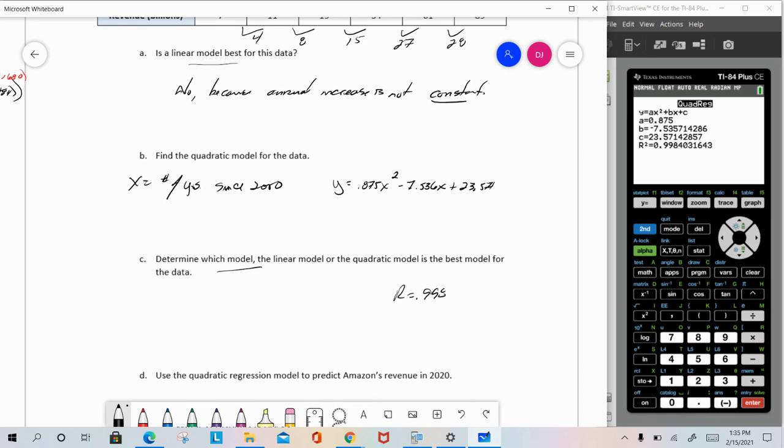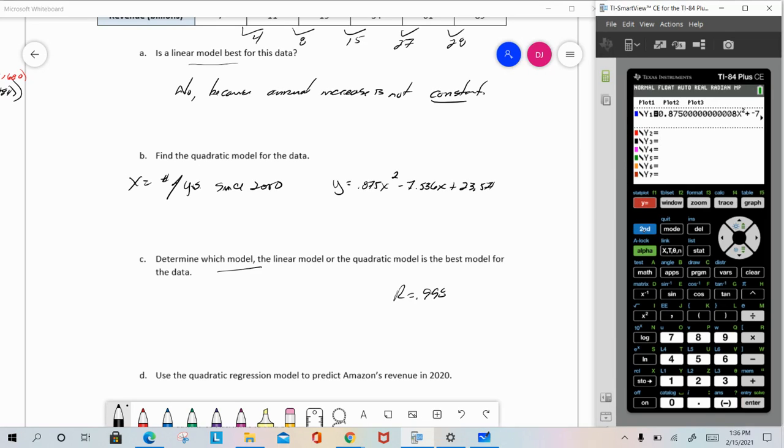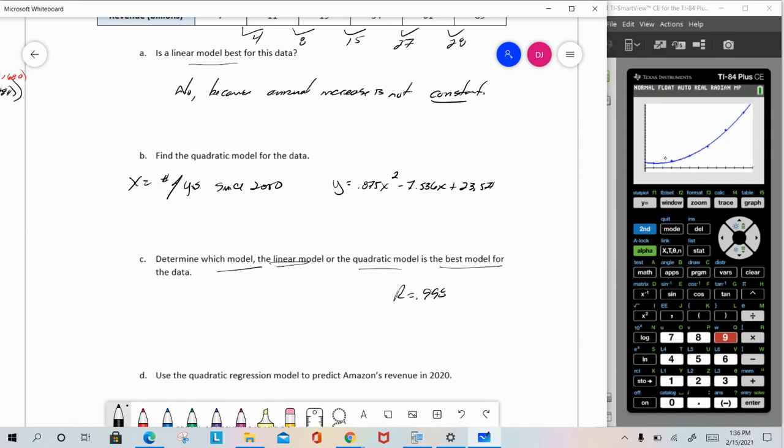Okay, but also we've talked about this before as well. Second stat plot. I'm going to turn my plot on. We did the scatter plot before, and then we hit a zoom 9 for the zoom stat. So see how the data is curved? Because the data is curved, the quadratic is better. So the quadratic model is better than the linear model. Now, I'm not saying the quadratic model is best. I'm saying the quadratic is better than the linear because the data is curved and the quadratic is curved. And notice we almost hit